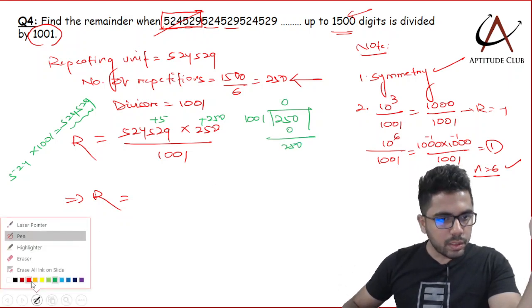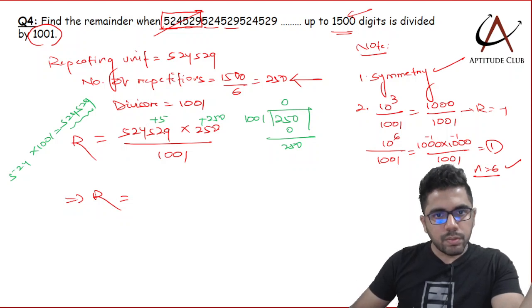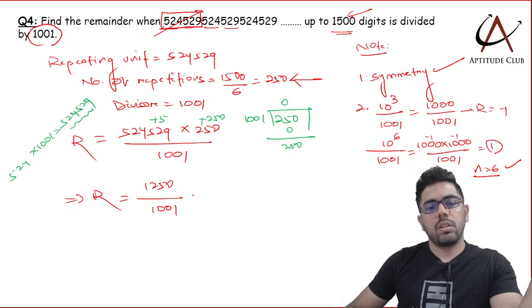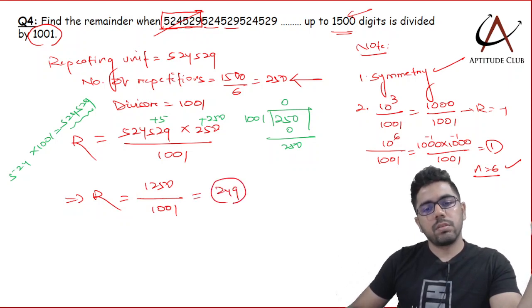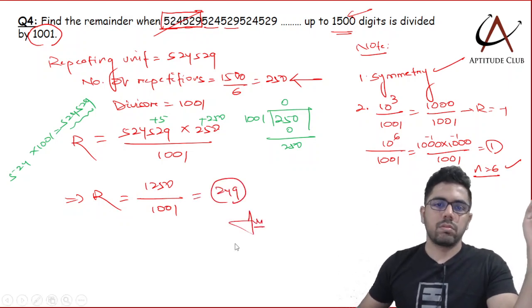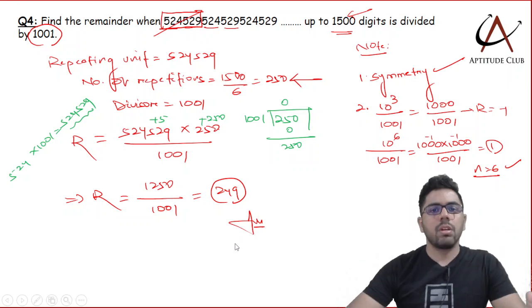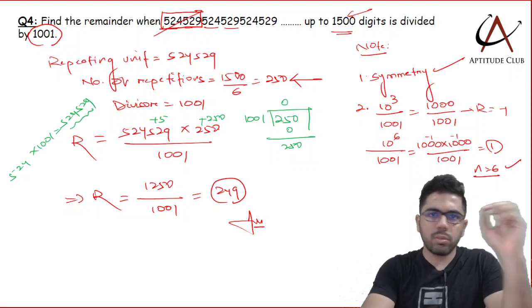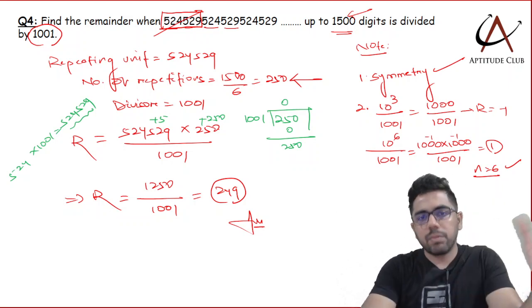Now you multiply it. 250 into 5, I get 1250 divided by 1001. So the remainder is 249. कितना सिंपल क्वेश्चन है, देख पा रहे हो? जस्ट 2 steps, 3 steps. तो एक बार इसको समझना थोड़ा लेंथी हो सकता है, बट वंस यू अंडरस्टैंड दिस, you cannot find easier questions